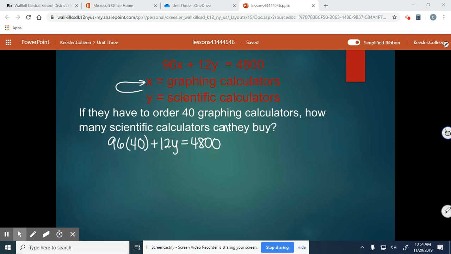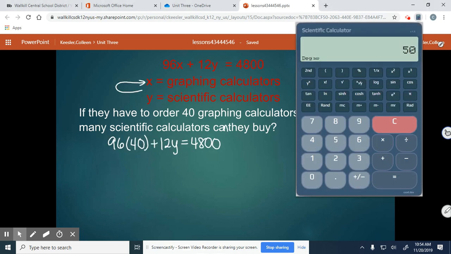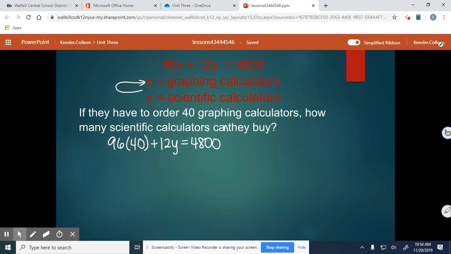So we have to do 96 times 40, which is 3,840, plus 12y equals 4,800. Now we subtract the 3,840,